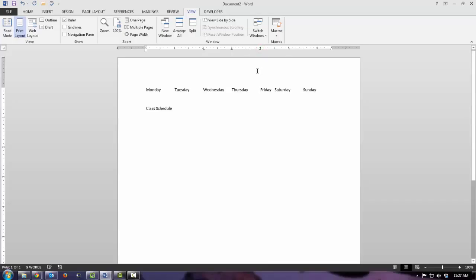Now to use these tabs that we've set, we're going to hit tab on our keyboard, and notice instead of taking us a ½ inch, it takes us over to 2. So we're going to do class, period, and teacher. And notice as I'm typing each of those in that they are all set to different alignments. So if I tab down and the class I have is computer tech,